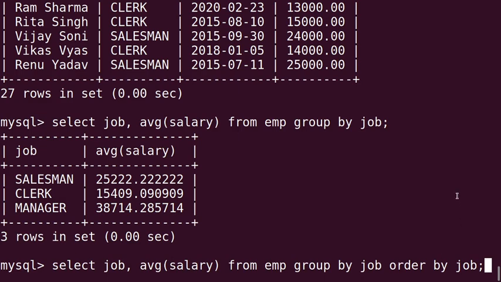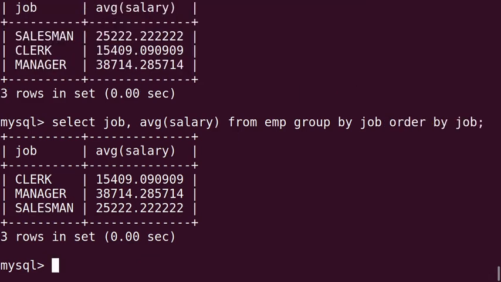So in the output the records will be sorted based on job field. You can see first clerk, then manager, then salesman. So the records are sorted based on the job field, right? Next query.